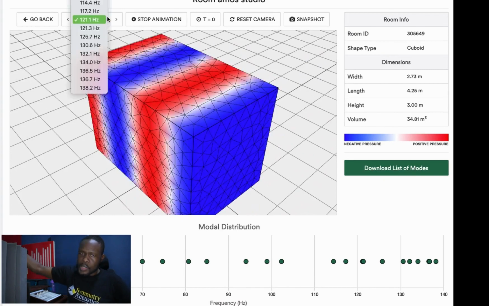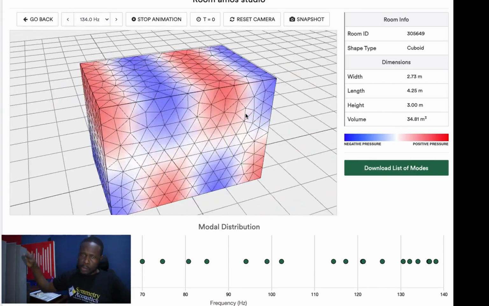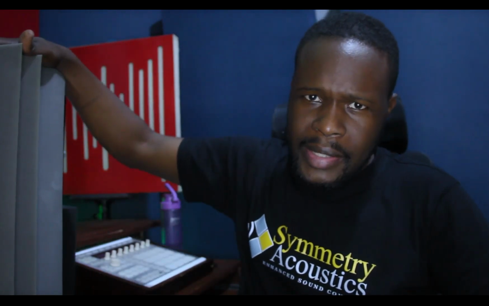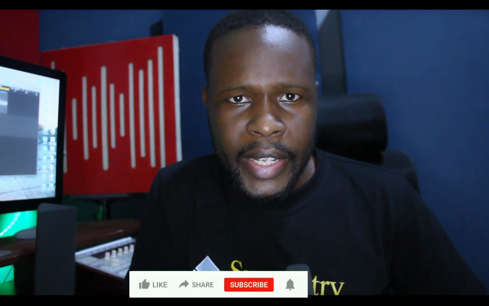So this is put on corners because of those tangential modes, to be able to kind of bring things under control. They are broadband absorbers sold as bass traps. So do not be confused when you place it and you still don't get any absorption below 100 hertz. Then the question is, now that those that are sold as bass trap don't actually qualify as bass trap, what is the true bass trap, or how do you determine which kind of panel is actually a true bass trap? So there's a video I did here when I was doing my testing for this room here,